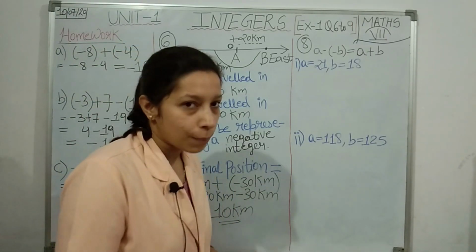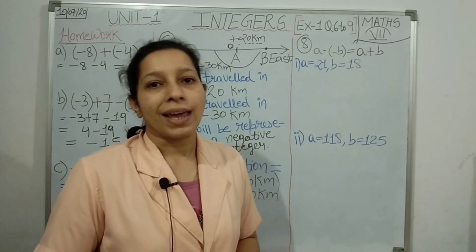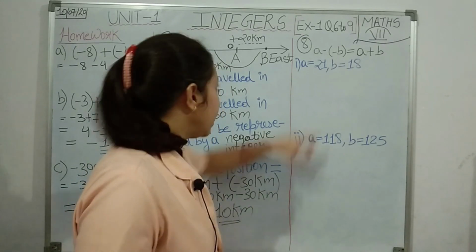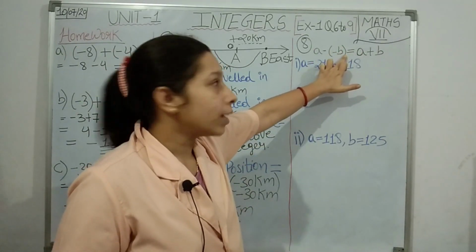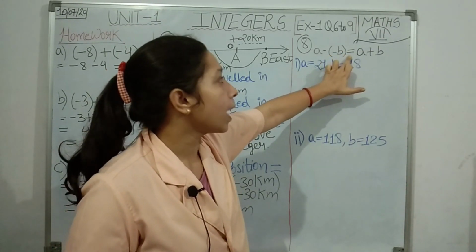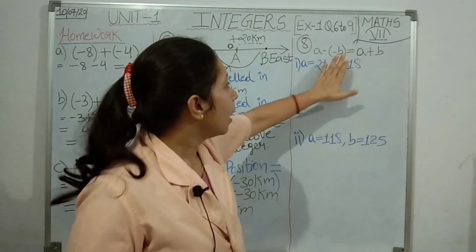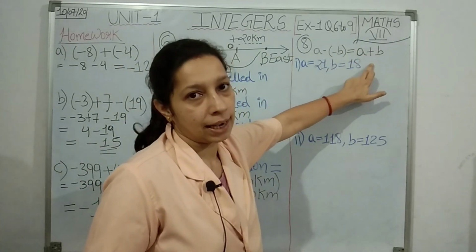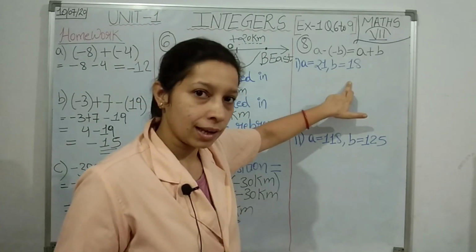Okay, this is also a simple question. Let us see. Verify. What do you mean by verify? Verify means to prove. What you have to prove? See, I have written that equation here. What is an equation, students? A statement of equality is known as an equation. An equation has an equal to sign and two sides: left hand side and right hand side. Here it is showing that the left hand side is equal to the right hand side. This you have to verify using the different values that are given to you.